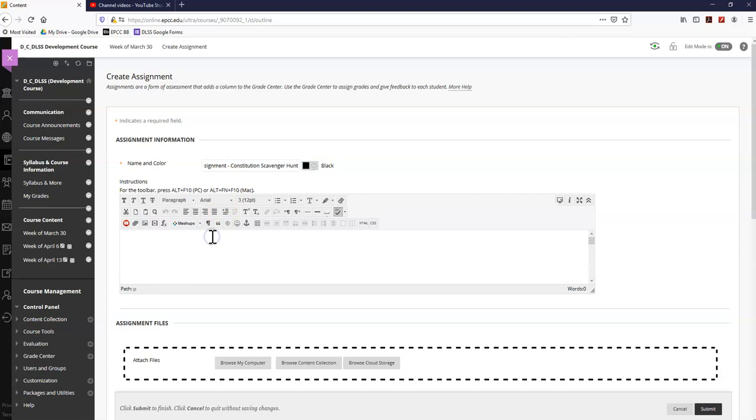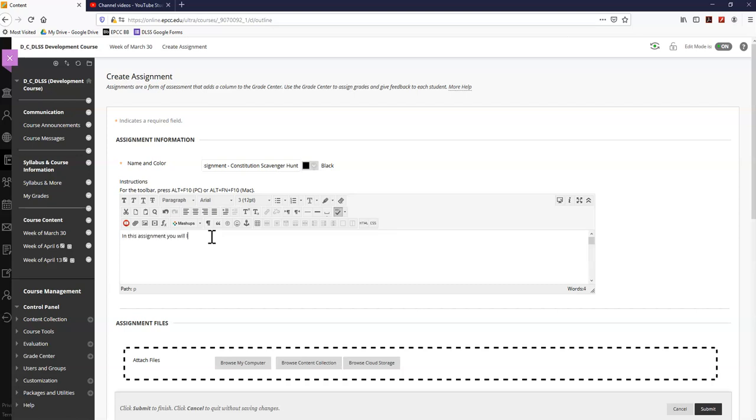And now in this box here, the text box, I need to write instructions. They need to be concise. They need to be thorough. They need to be clear. Okay. And I need to explain to students not just what to do, but how to do it. Remember, we cannot assume students know how to use Blackboard. Okay, so we always have to prepare for that. So I can say something like, first start with an objective, right? In this assignment,